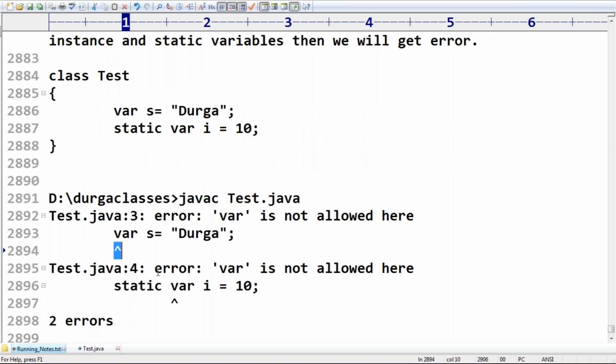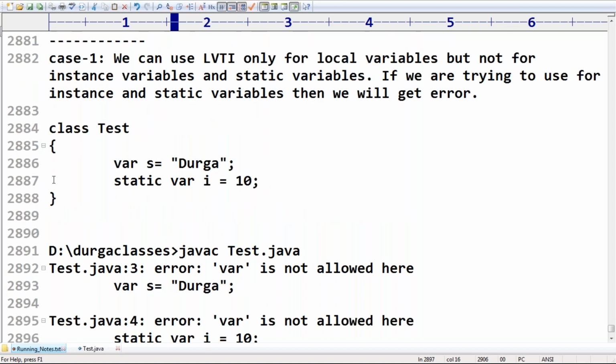Any explanation is required? Yes, friends. As of now, this concept is applicable for local variables, because compiler functionality, the compiler has to do extra things. As of now, my compiler can do up to local variables only. Maybe in the future, it may be implemented for static and instance variables also.